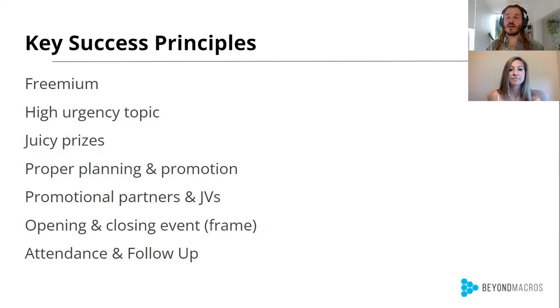But the VIP all access gives Kate and me the opportunity to develop some really deep relationships with people. Honestly, we love it. The VIP all access lights our hearts up to be able to see people in there. So we would recommend you think about how you can give people extra access for a premium, while everybody else can join for free. In terms of topic selection, I recommend that it is a topic that your highest urgency clients want to hear about.